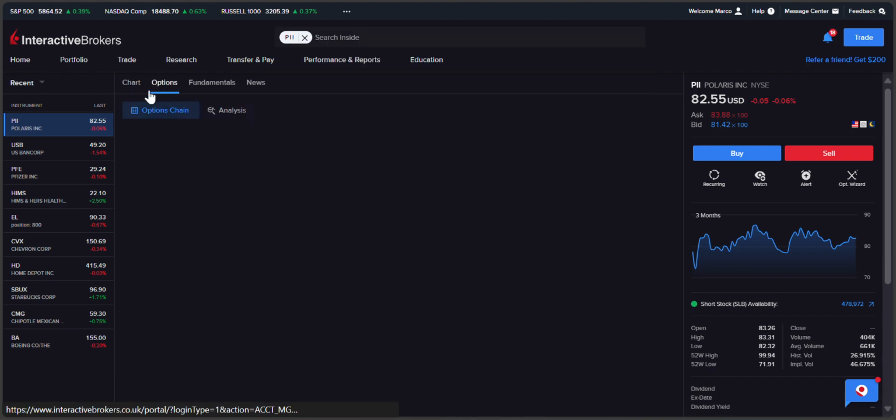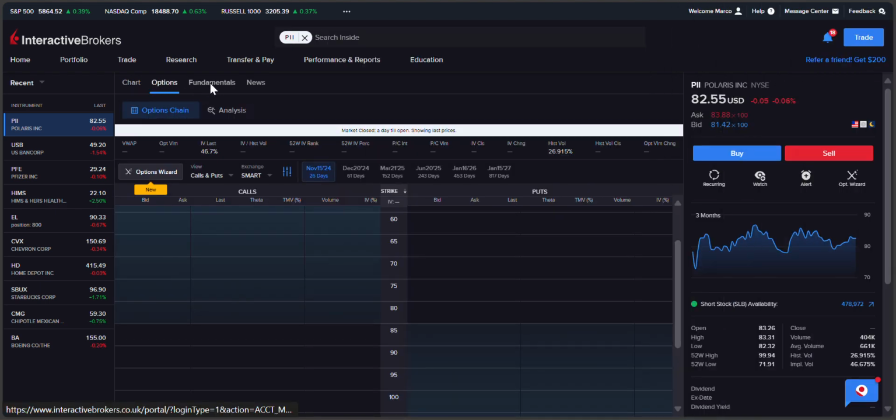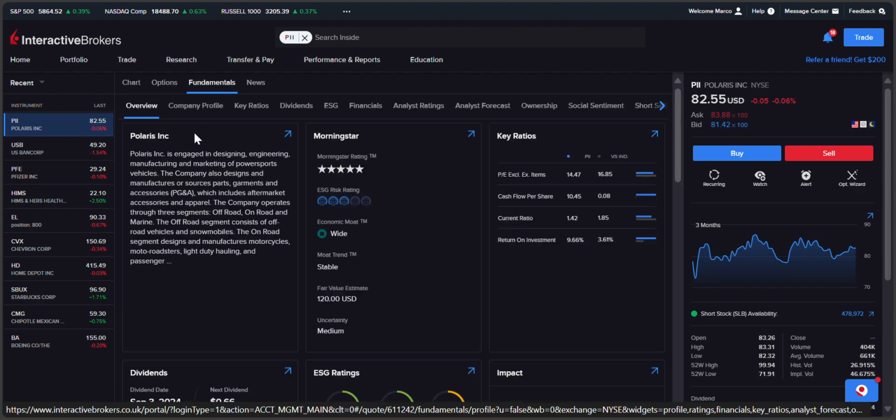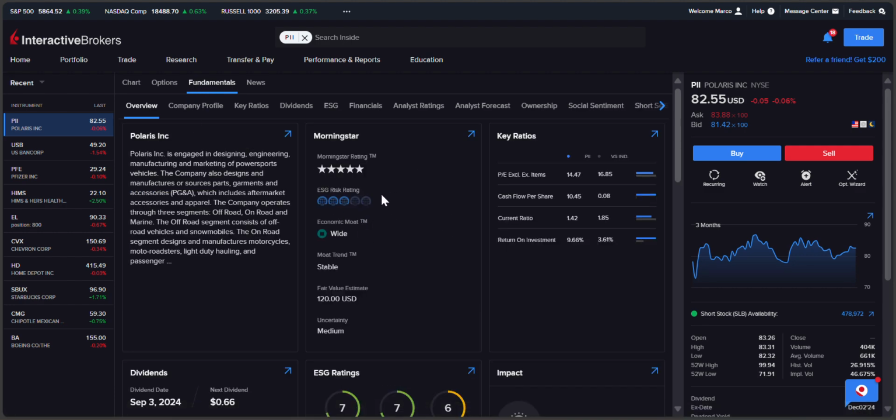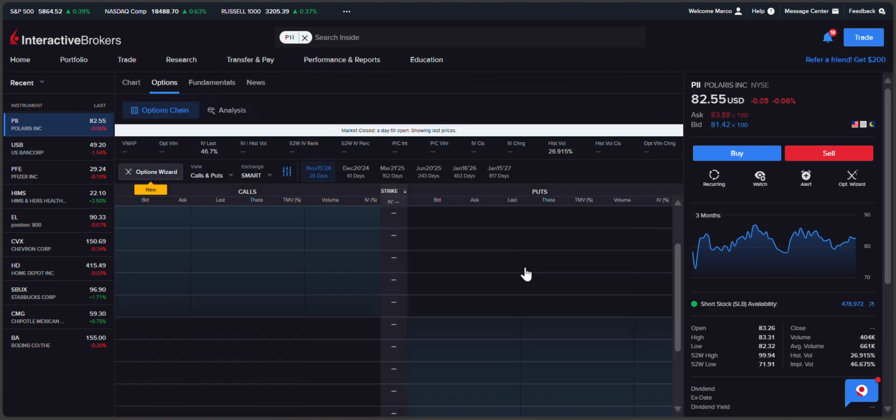If you go here, this is a stock which is quite good. As you can see right here, it's undervalued at this moment. It has a wide economic moat. The moat is stable. It has a minimum certainty. It's good. But as you can see right here,